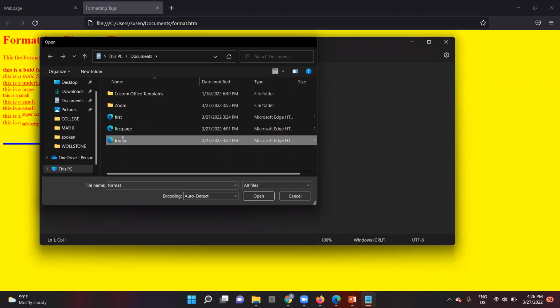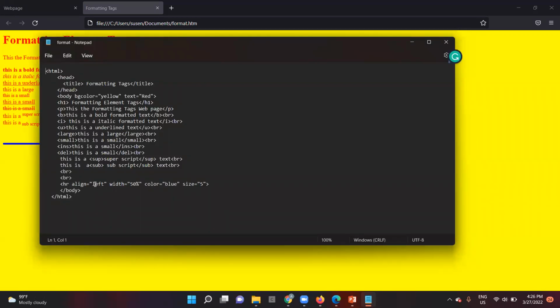Here I'm clicking on format. Once you click on format, you can also see our existing HTML code. Here I'm changing the align. I want to change the alignment to right, and see how it will show. And I'm taking not 50% here. Let it be 80%. The color I'm keeping the same, or whatever color you want to give, let it be some orange. And the size I'm taking like